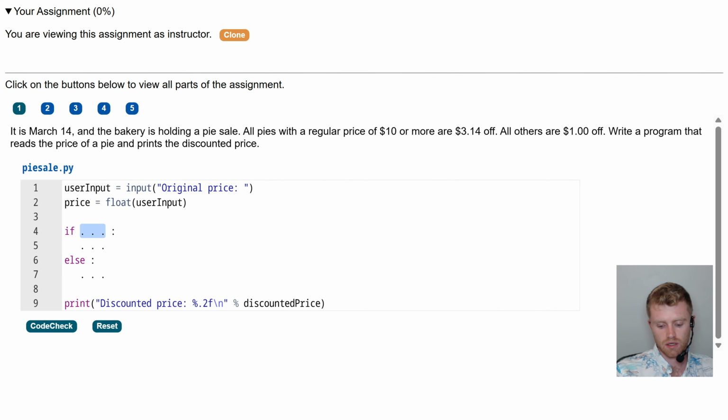something is true, I think in Python we need parentheses around an if statement. I'm not actually positive, so I'm going to try it without, just for fun. If something is true, so if the price is greater than $10, then price equals price minus